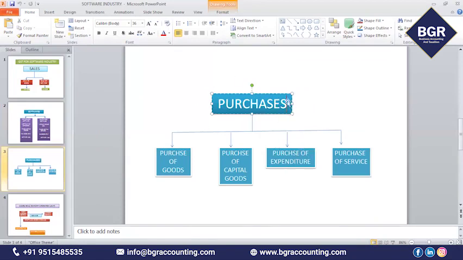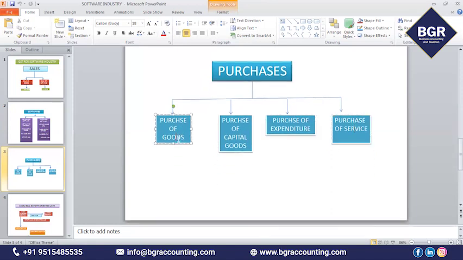Generally, the purchases of any business, not only a software company, are classified into 4 types: purchase of goods, purchase of capital goods, purchase of expenditure, and purchase of service. Purchase of goods may be raw materials or finished goods. Capital goods means fixed assets.